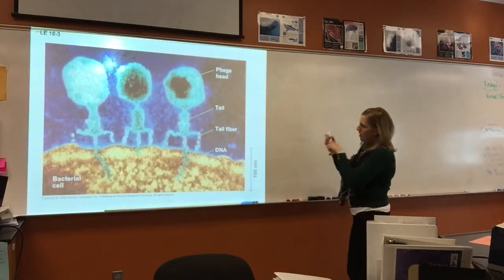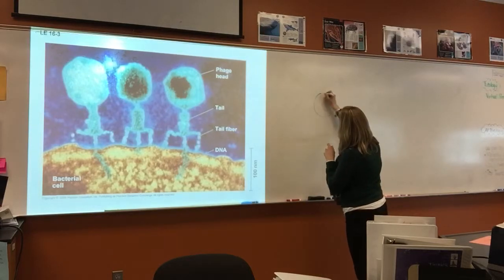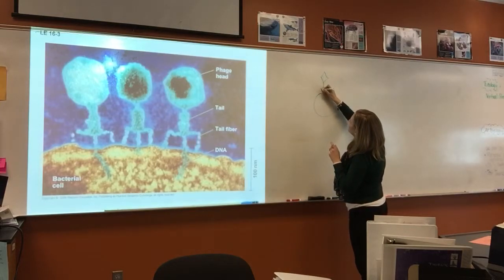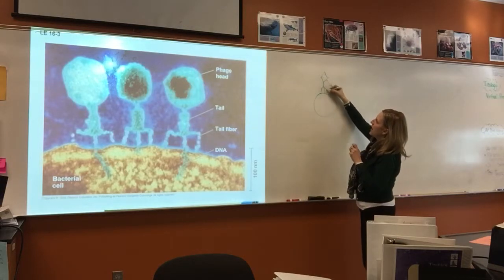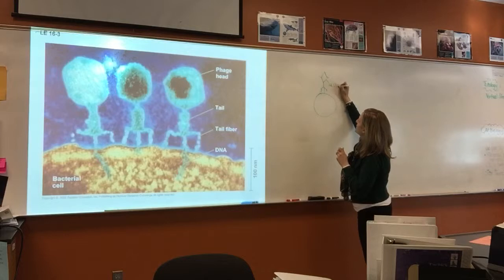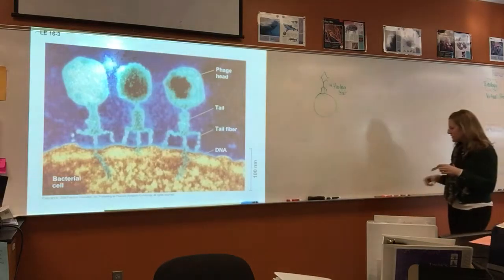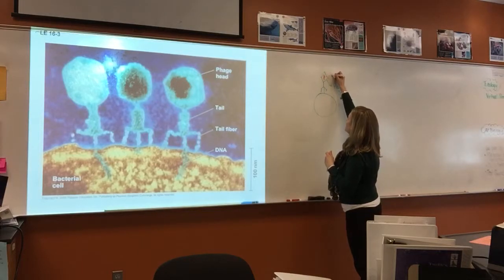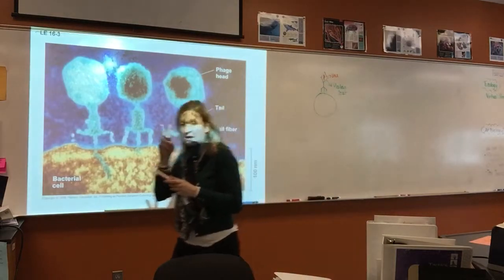So when we look at a bacteriophage, this is the cell, and here is the phage, the head, the tail, and the tail fibers. This part right here has 2 major components. This outside shell is sometimes called the protein coat because it's made out of protein. And then inside of that head region, it has its genetic material, which is DNA. So a bacteriophage is mainly made out of 2 things,